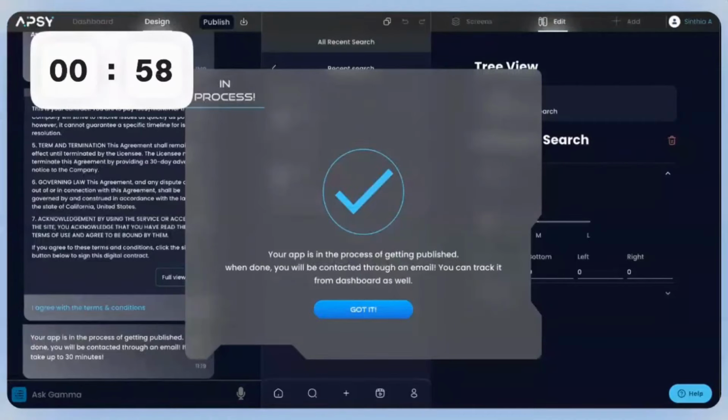You will be receiving an iOS link which you can download on your phone, and also an Android link which you can download and start using this application, share with your friends, and do whatever you like with your application. And that's it. It took less than 10 minutes, and you have your app.